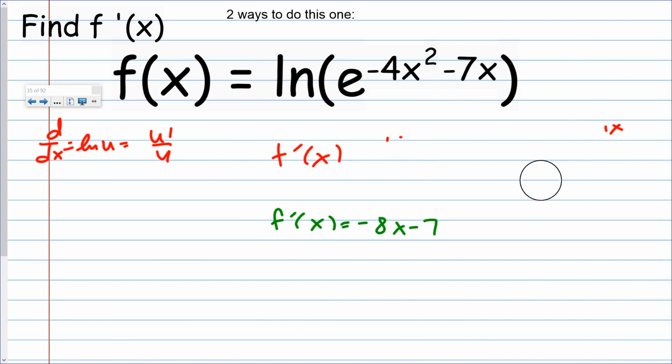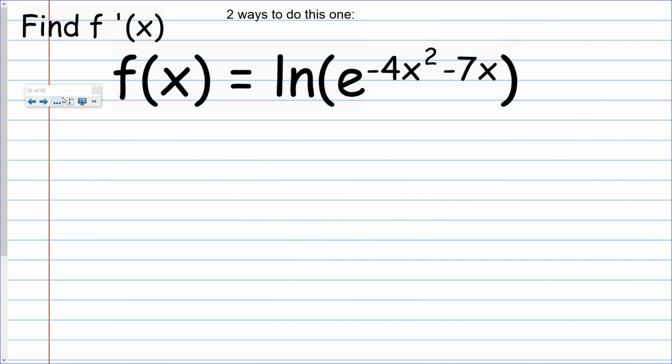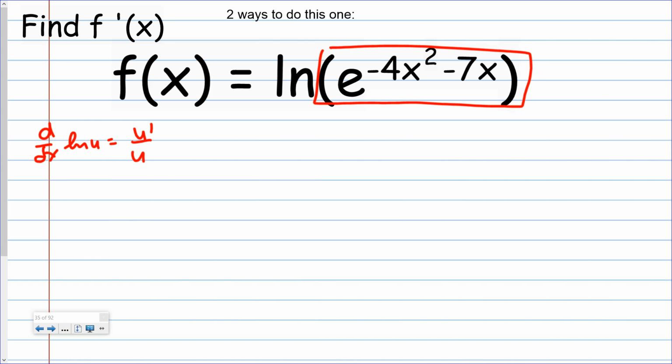You're going to see this probably on your test, but you'll see it again and again. Okay, if I want to take the derivative of an ln problem, do you agree that the derivative of ln of u is equal to u prime over u? Okay, well, where's my u here? That's my u, right? So if I wanted f prime of x, the ln's